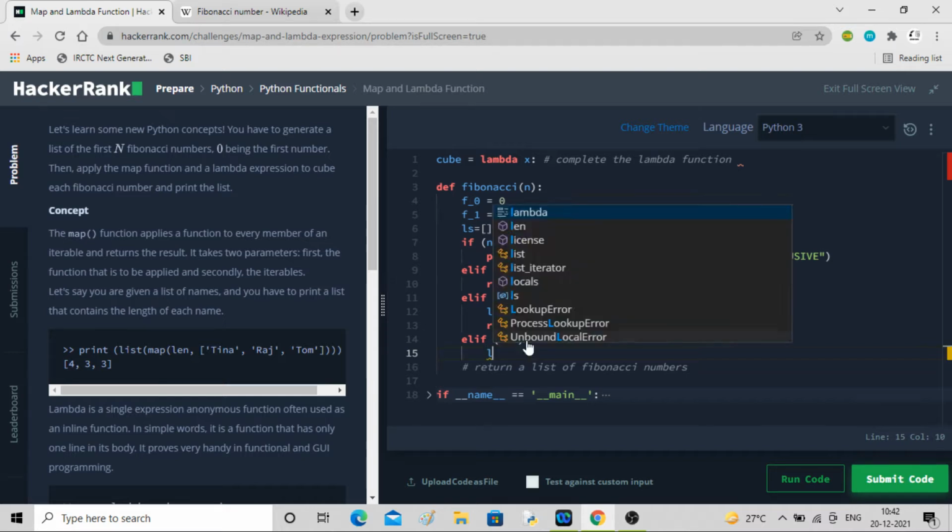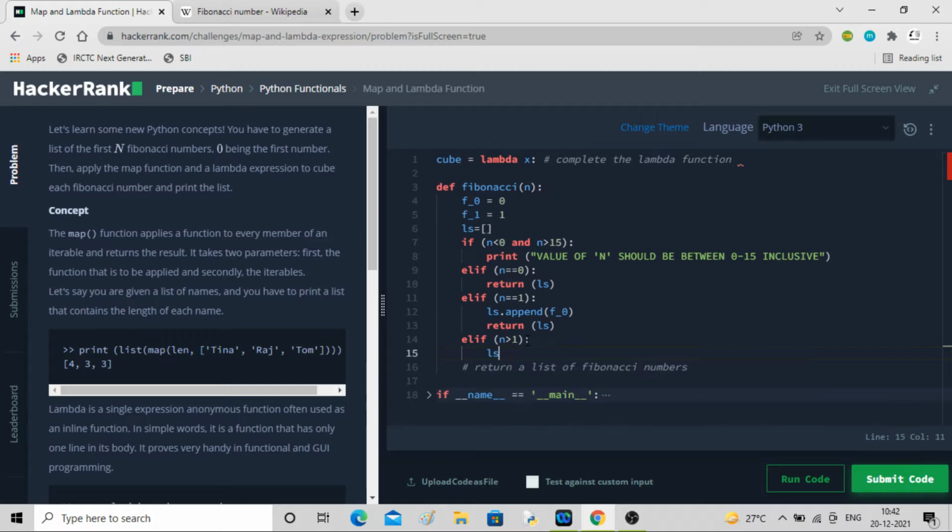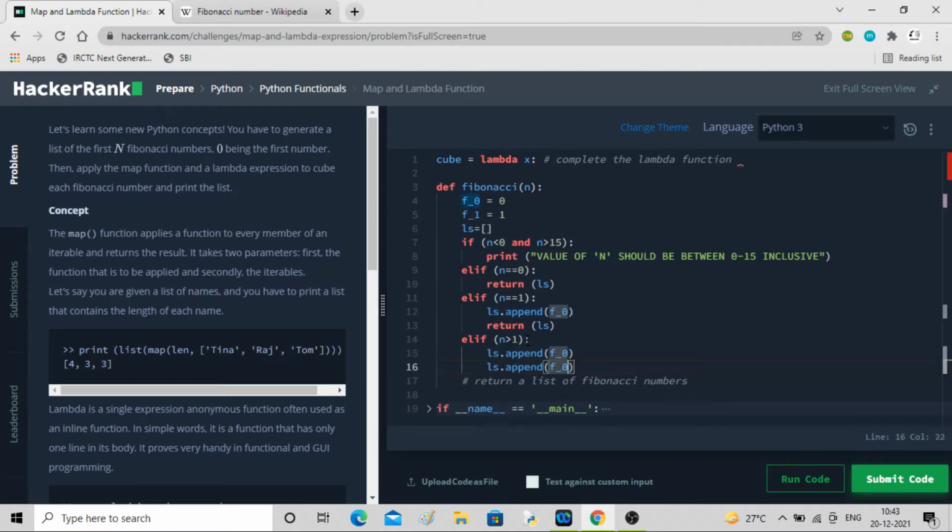First I'll add those things: ls.append f0 and f1, because n is greater than 1, which means f0 will be there as well as f1. Copy, paste f1.